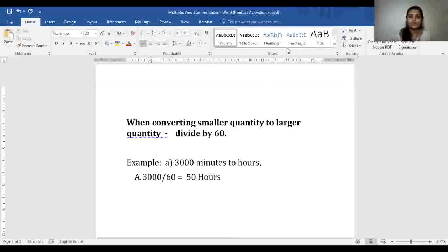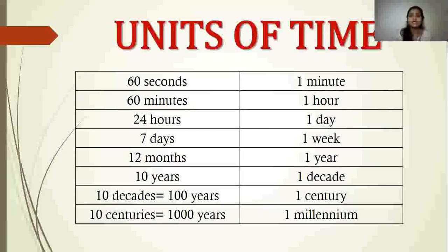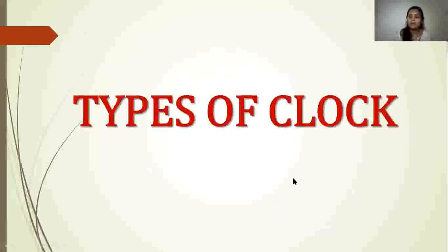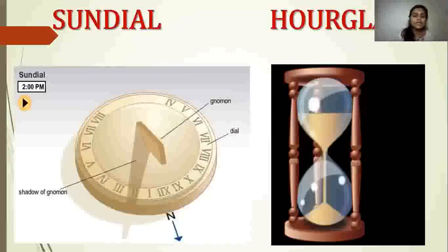And with the conversion done, we move on to the next part, wherein we are now going to study the different kinds of clocks, the different types of clocks which people used to use to analyze time intervals. So the first thing that you will see over here is a sundial. Basically, a sundial works on the principle of the casting of a shadow based on the position of the sun. Casting of the shadow of whom?